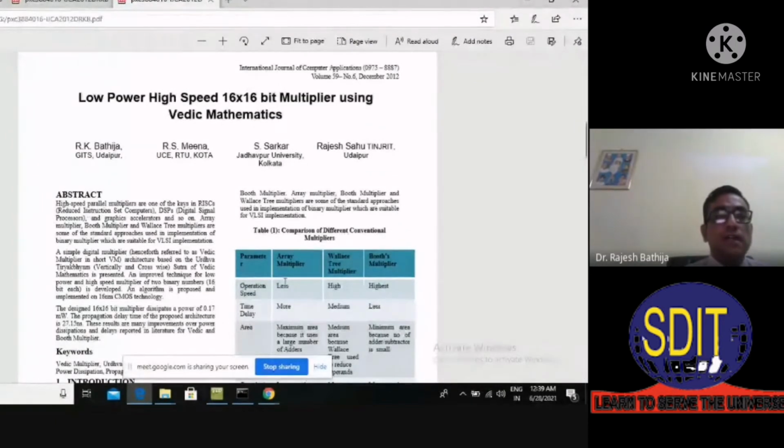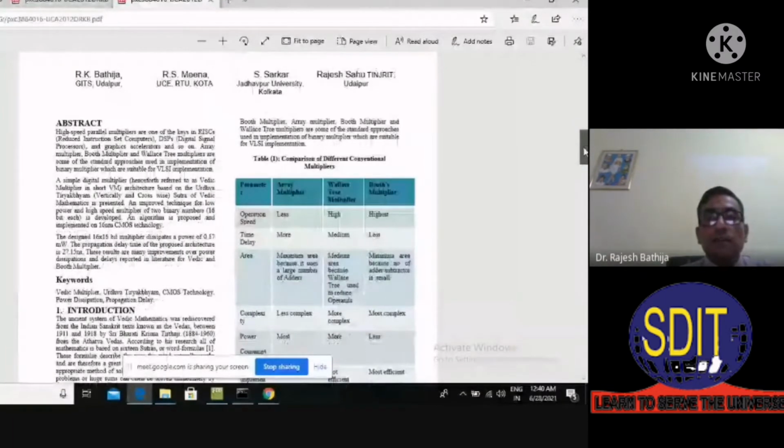Up to that point of time, there were a lot of multipliers designed by the current researchers. So I thought there should be something different we can implement so that it can be published in a paper, and there will be a small contribution of mine in speeding the operation of a multiplier.